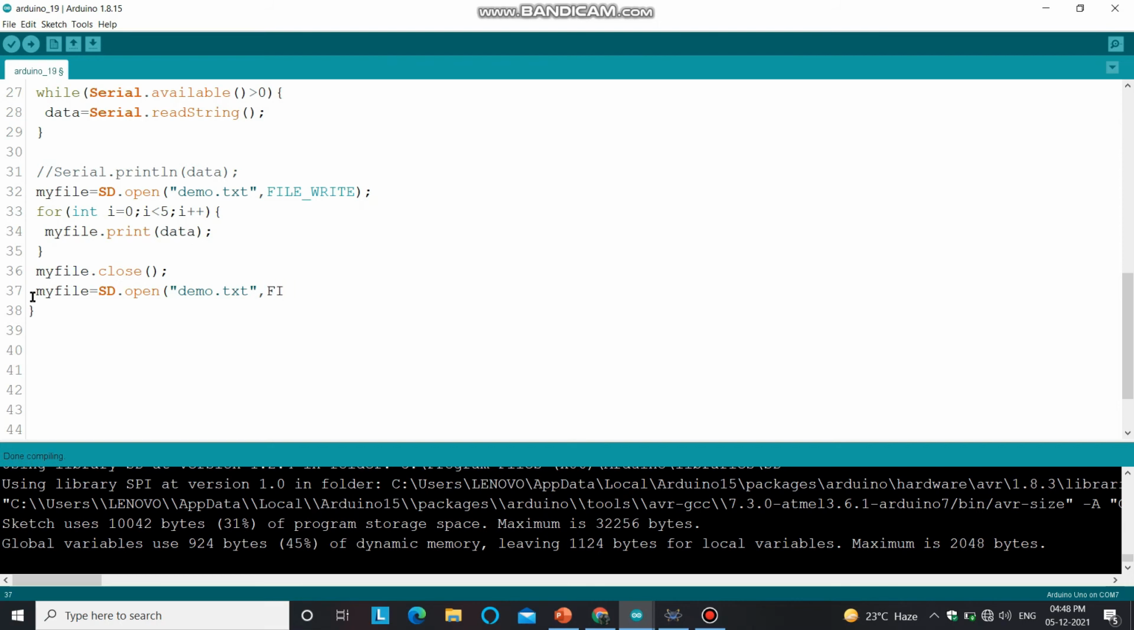So FILE_READ, close the brackets, terminate this command, and then you have to check if this file exists or not. If this file exists inside your SD card, then your Arduino must open that file and read the information from the file. If this file is not there, or doesn't exist in the SD card, then this must print that there is an error in opening the file, or the file doesn't exist. So for that you have to use